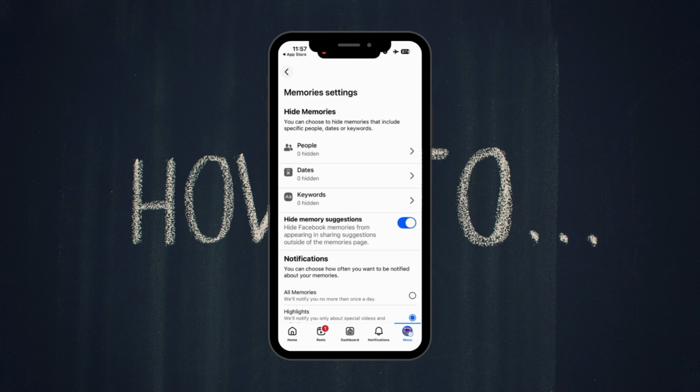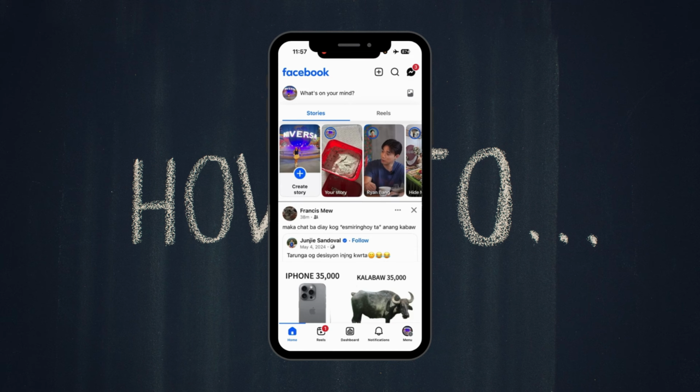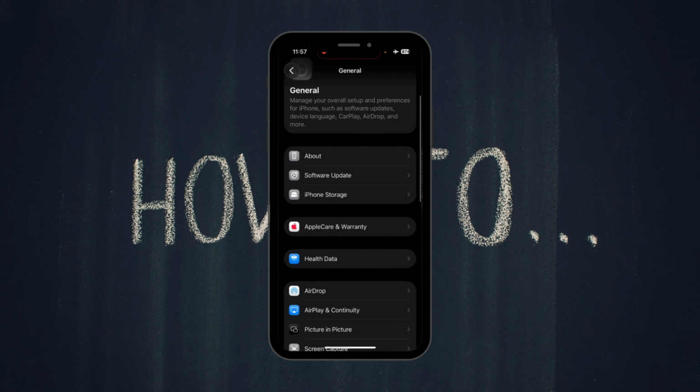Next, you can also clear cache or refresh the app. So you can close the Facebook app completely, swipe it up and swipe it away, then reopen it and see if that works. You can also go to your settings, then scroll down and go to General, go to iPhone